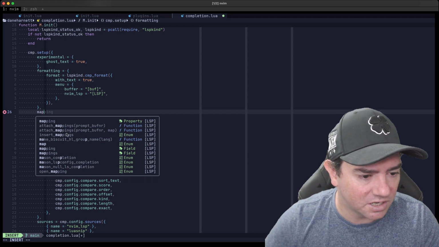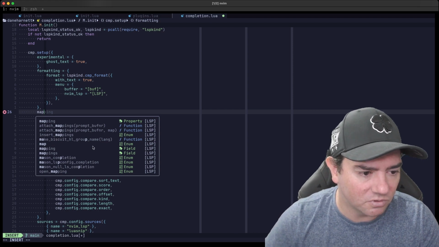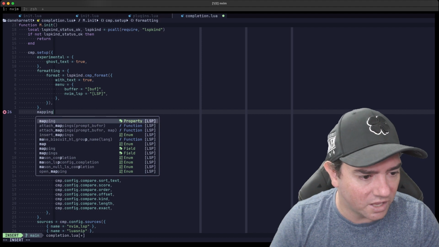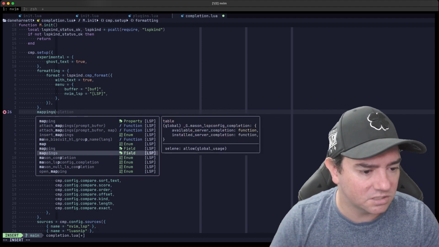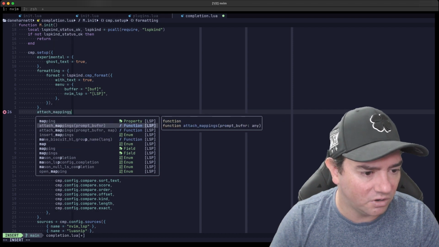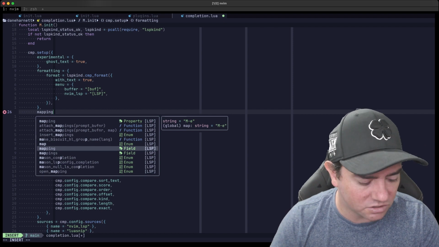There's a different implementation of the attached mappings, so on and so forth, right? There's more and more, and so I can use Control N to select the next item in the list, Control P to go to the previous item in the list,